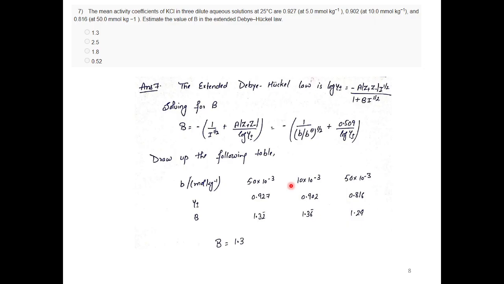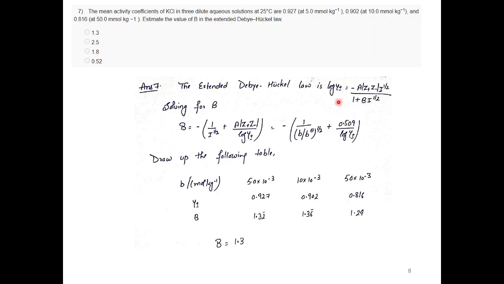of KCl in three dilute aqueous solutions at 25 degrees Celsius. They are 0.927 at 5 millimolal, 0.902 at 10 millimolal, and 0.816 at 50 millimolal, right? Millimole per kg. Estimate the value of B in the extended Debye law. This is very important, and these are very important long questions. So you know the solution for B is